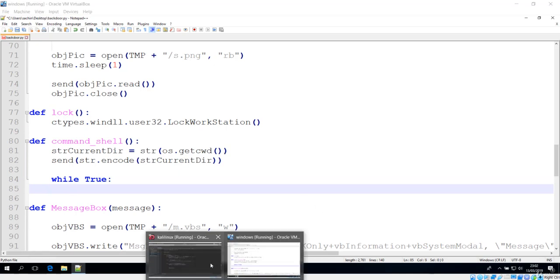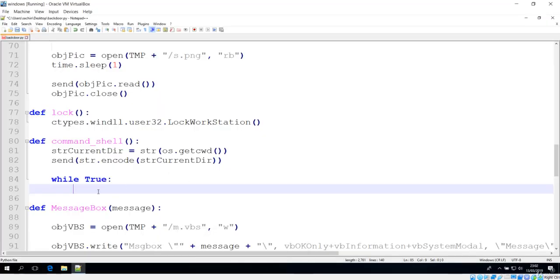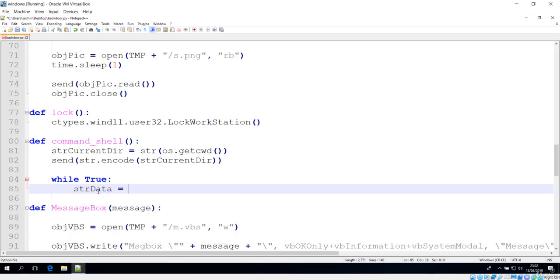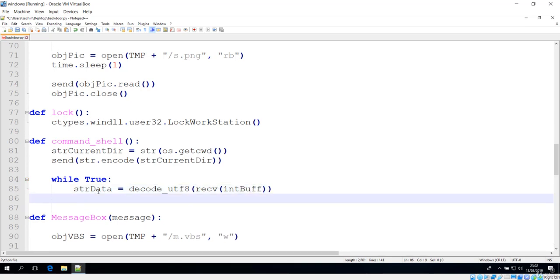So if you could see, we have created some command like quit, and basically it has also given some command. So we have to execute that command remotely over here. So let's make that. So first of all we have to get that command, that is data that is sent from the server. So that should be done with this decode technique, and it is utf8, which is the method here. And I'll just say receive first. So we have to receive, that is the buffer int buff. So I just get that integer buffer, and basically we are just decoding over here.